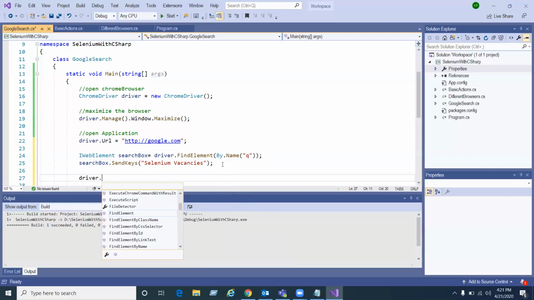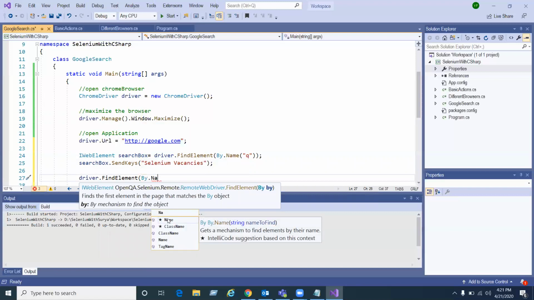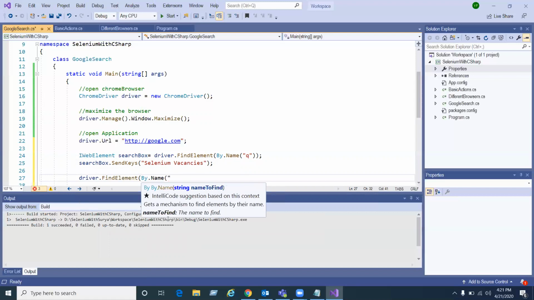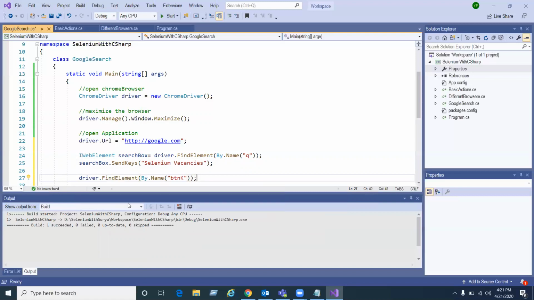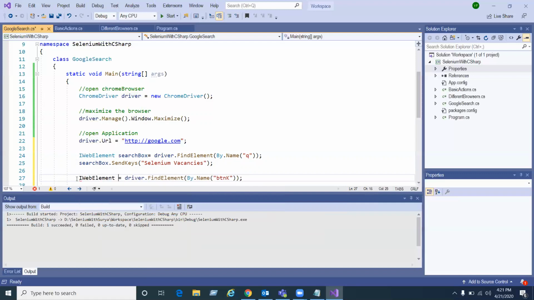So driver.findElement(By.name("btnK")). So WebElement, and what is this? It's a search button, right?